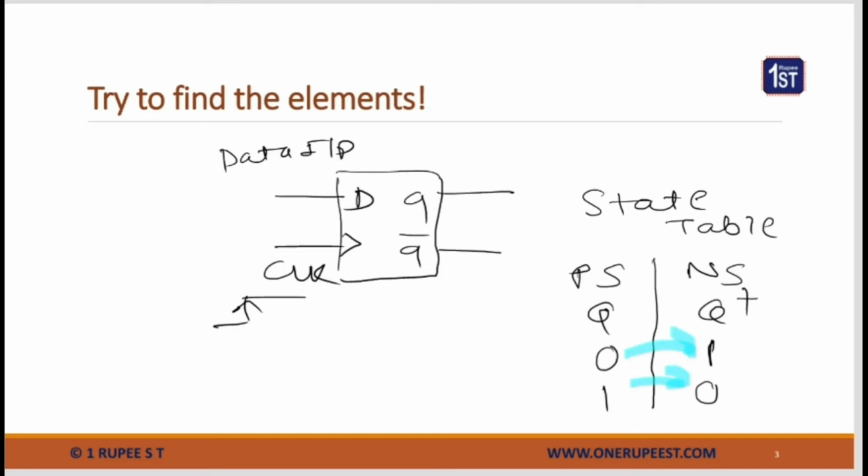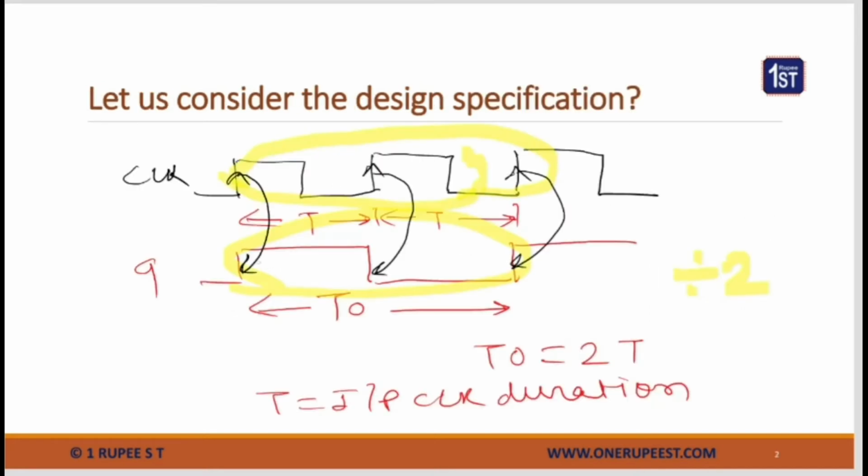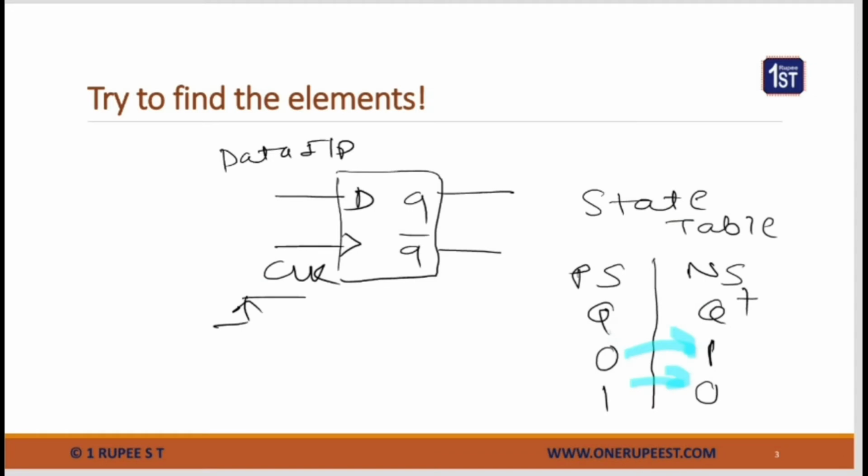I thought to document it by just observing this waveform. Now try to see the output. Now how did I think to have a present state and next state. Here Q is equal to 1. Here Q is equal to 0. Again Q is equal to 1. That means for one clock cycle Q is equal to 1, for the next clock cycle Q is equal to 0, again for the next clock cycle Q is equal to 1. That means output Q toggles. So present state is 0, next state is 1; present state is 1, next state is 0.